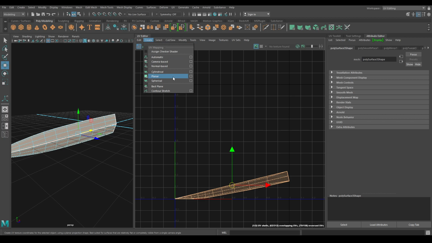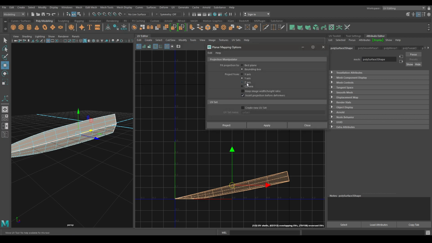Now go to create and select this planar mapping, and this time choose Z axis and hit apply.